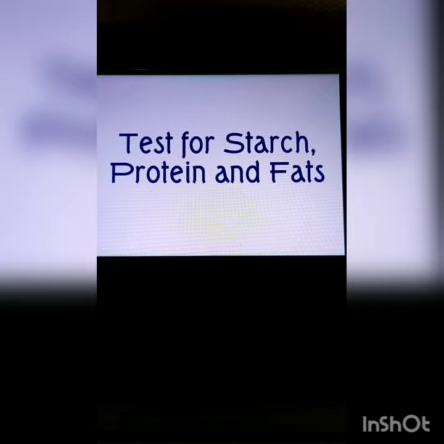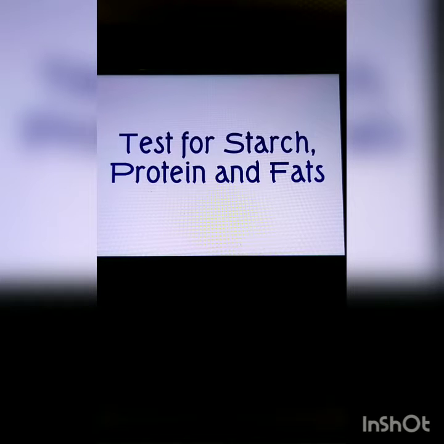Now we have to see whether all this food contains these nutrients. With some simple methods we can test whether cooked food or a raw ingredient contains one or more of these nutrients.